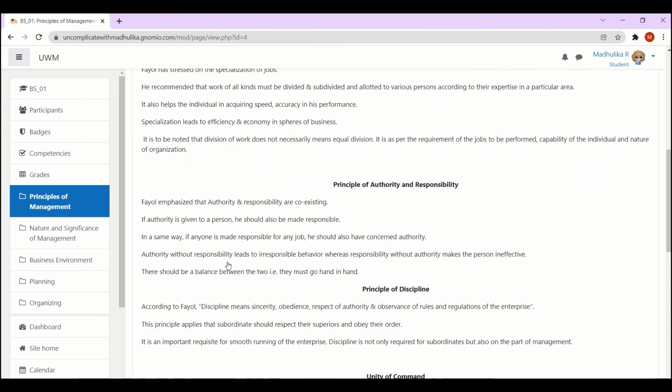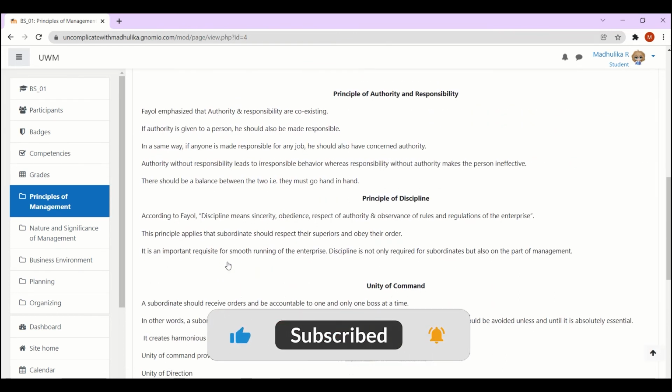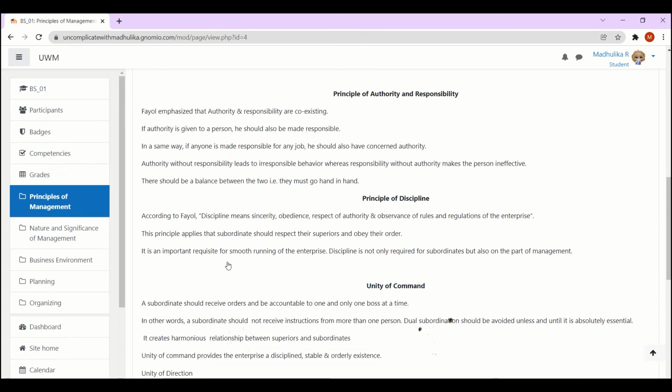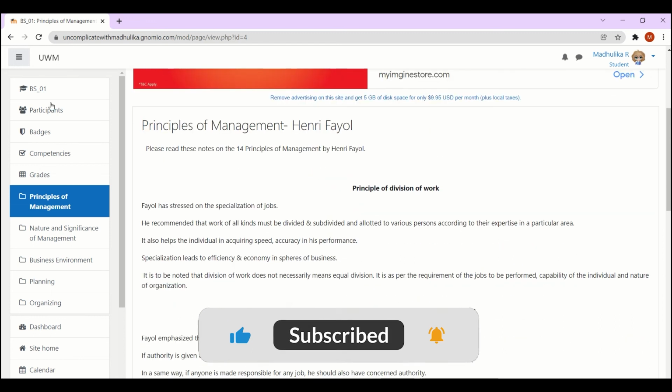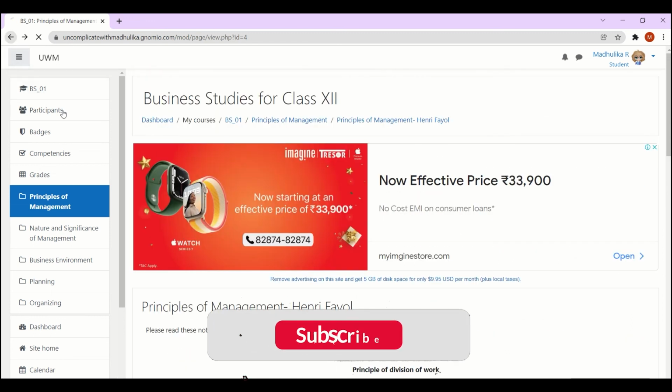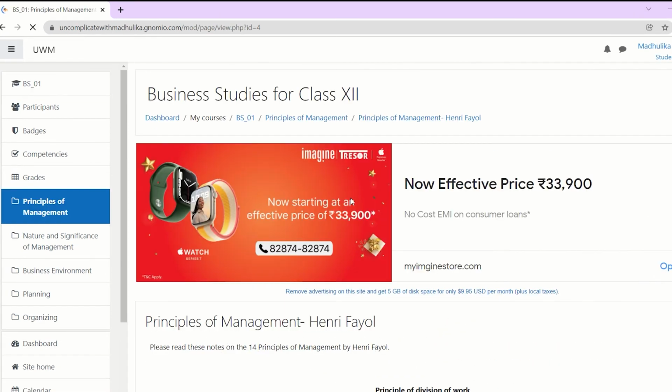And this is especially beneficial to people who are viewing your content from mobiles or have a poor internet connection, as a page does not take as much space compared to a file resource, and it also opens more quickly. So that's it, we have added a page resource on Moodle.